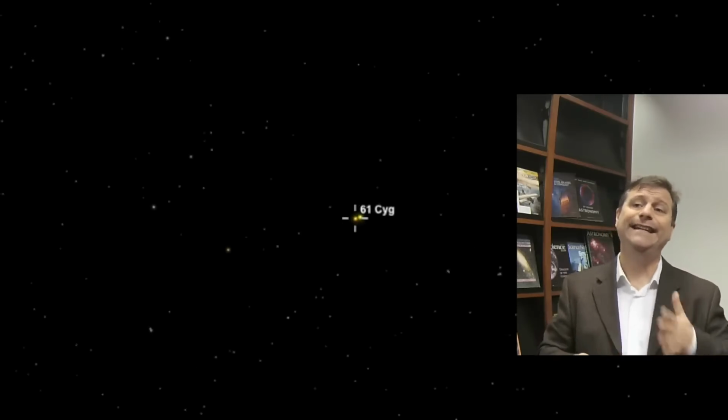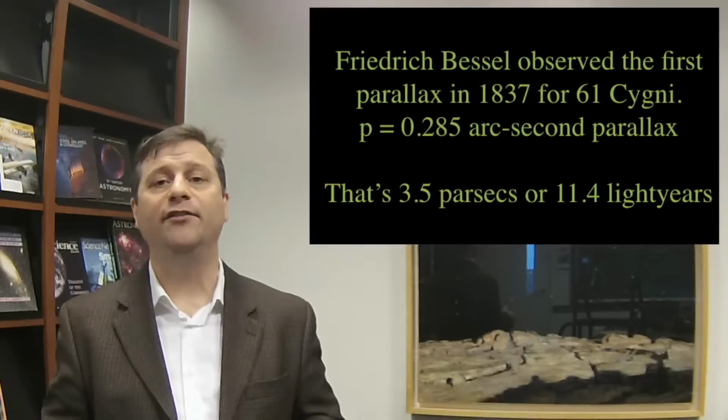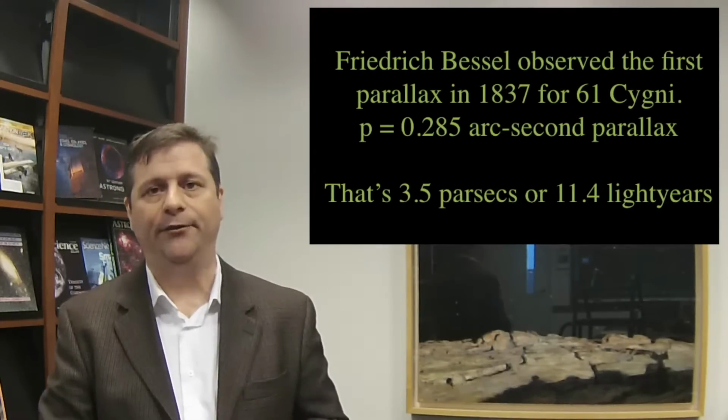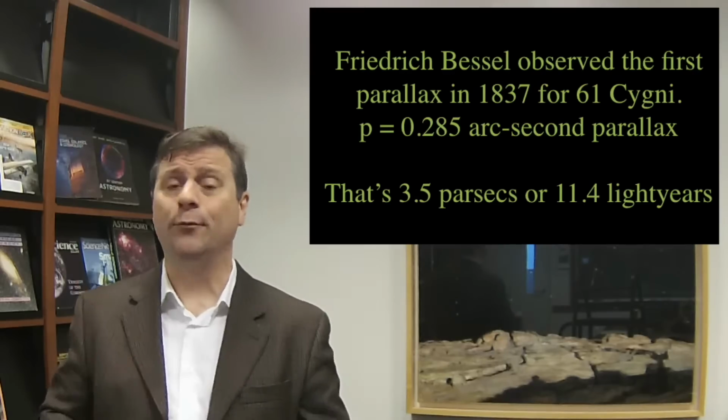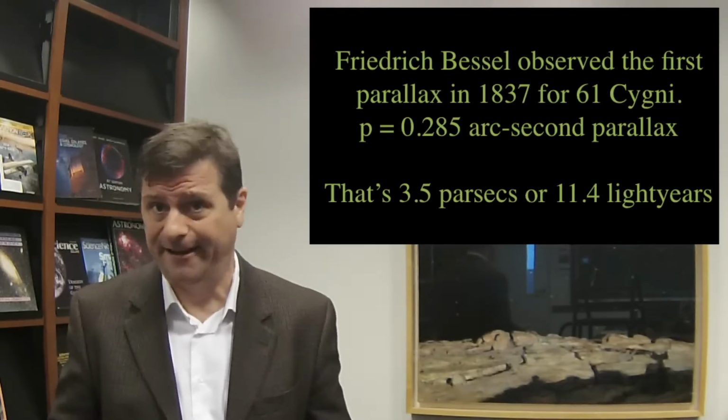And so in 1838, Friedrich Wilhelm Bessel measured its parallax to be 0.285 arc seconds, which works out to be about 3.5 parsecs, or about 11.4 light years. So the very first parallax that was discovered was less than an arc second. It was a quarter of an arc second. It's an incredibly difficult measurement, and it took until 1838 for someone to develop it. So we really can't fault Aristotle or Tycho Brahe or anybody else who used the argument that parallax did not occur